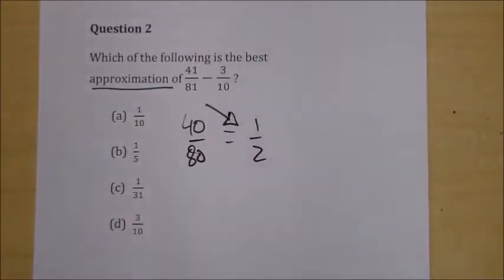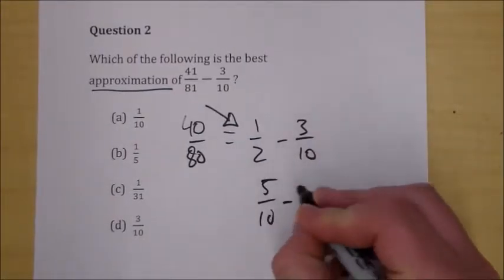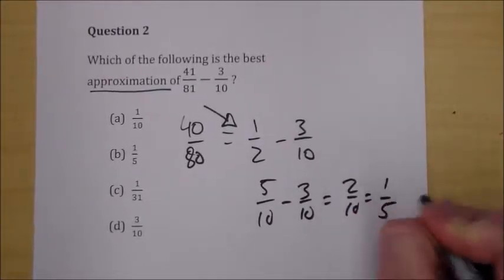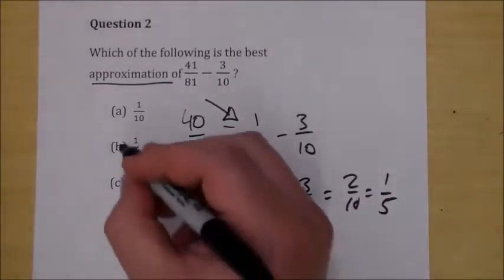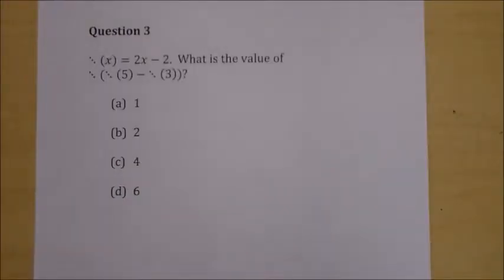If you have 41/81 of something, it's like having a half of it. And that minus 3/10 is easy. It's 5/10 minus 3/10 equals 2/10 equals 1/5. We're good. Question 3, if you've never seen a question like this before, you might get really anxious, but it's